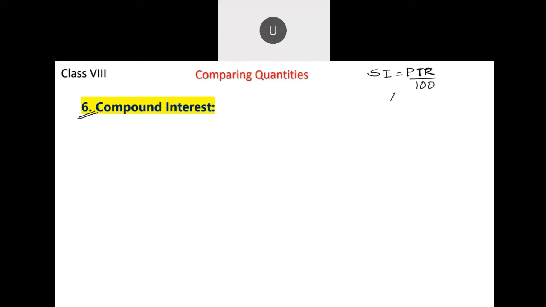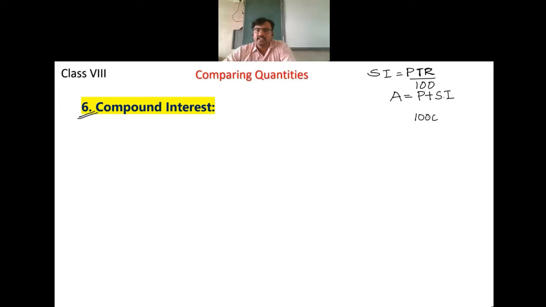Whenever the amount is to be calculated, it is calculated as P plus SI, the principal plus the simple interest. Amount is the total amount. Suppose you deposit, say, 1000 rupees in a bank. This is the principal amount. You have deposited this particular amount for 3 years, which is the time period, and the bank may give